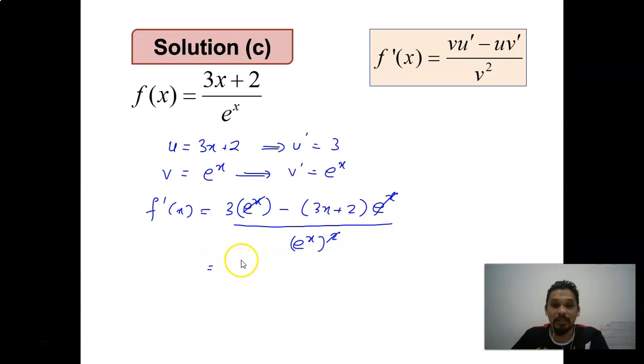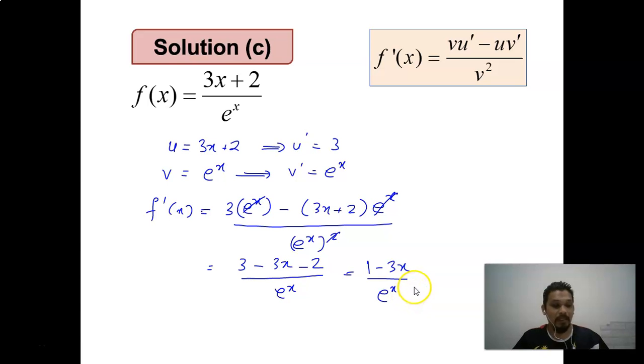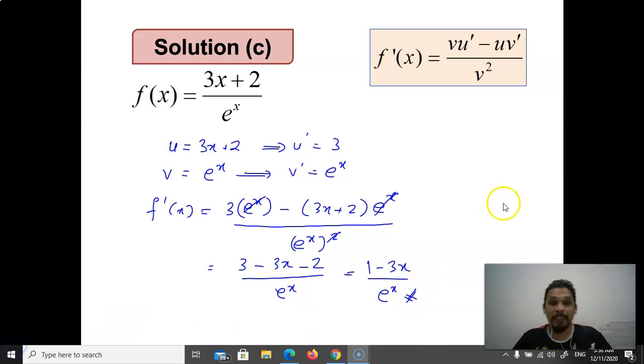So now we got 3 minus 3x minus 2 divided by e to the power of x. Okay, so 3 minus 2 equal to 1, minus 3x, divided by e to the power of x. Okay,